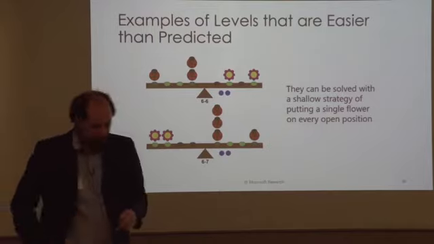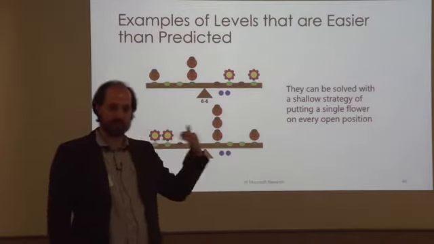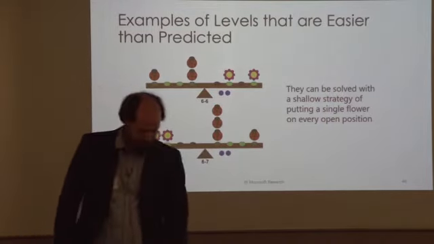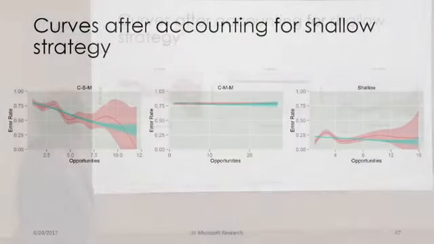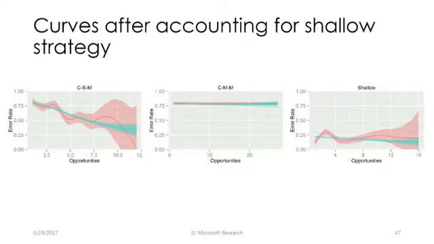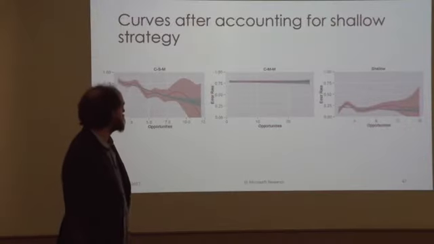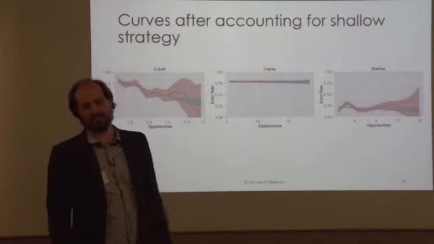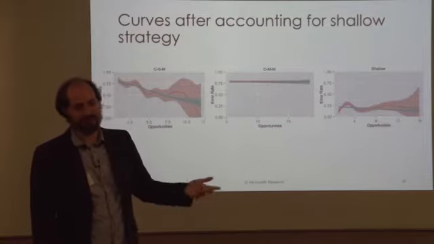Yep. Okay. So we built a small script to go through all of our level specifications to find this problem and tag it with a different KC. And this is what we see now. So that CSM curve, it's still a little wavy, but it's generally at least fitting within the margin of error. The CMM curve is just high and flat, which is disappointing, but it's kind of what you'd expect.